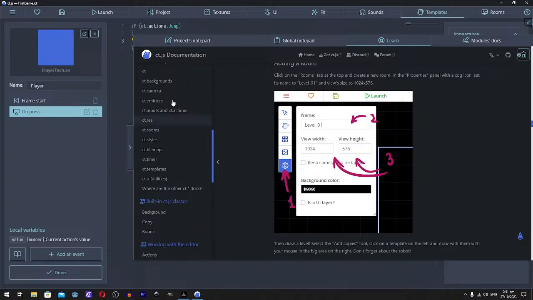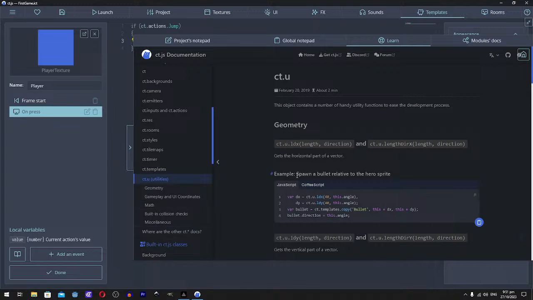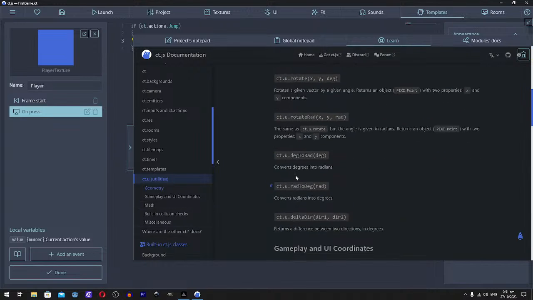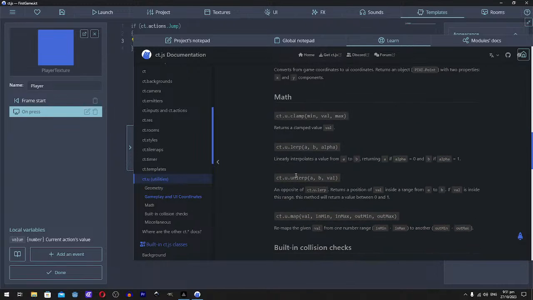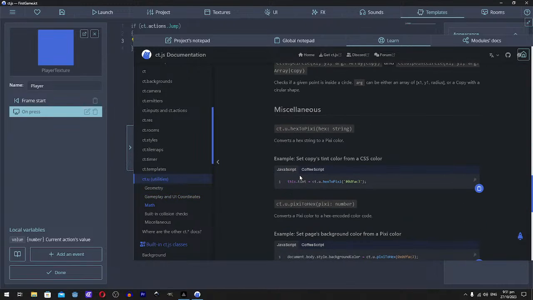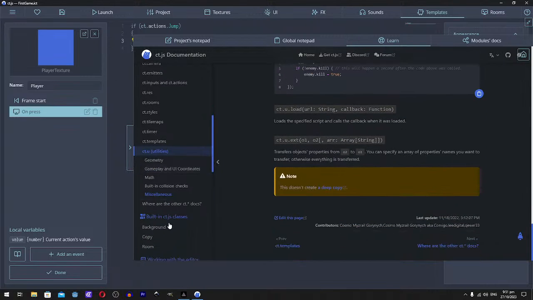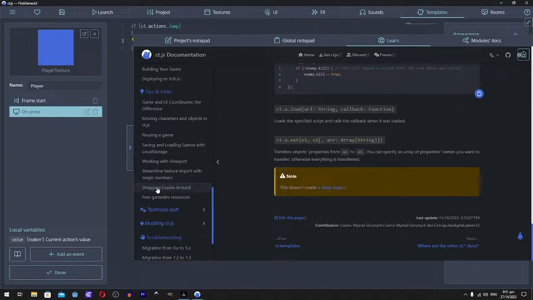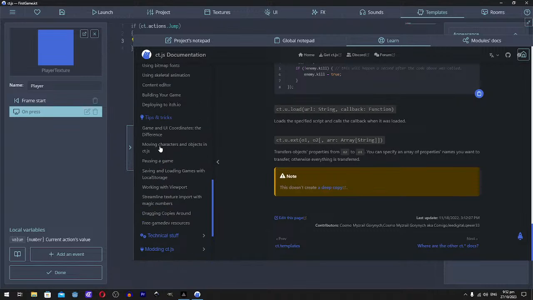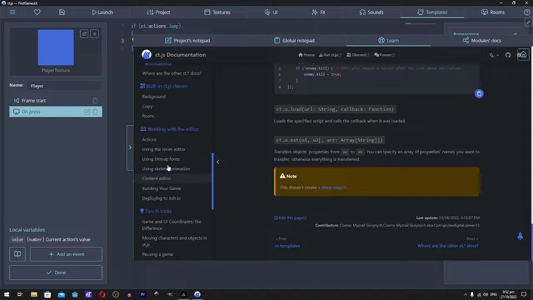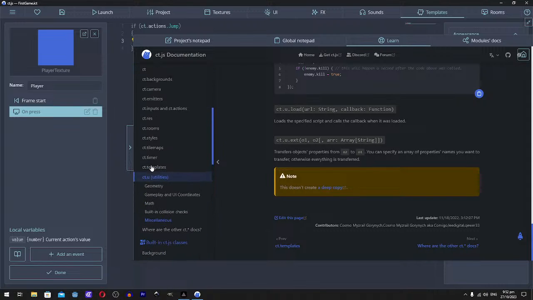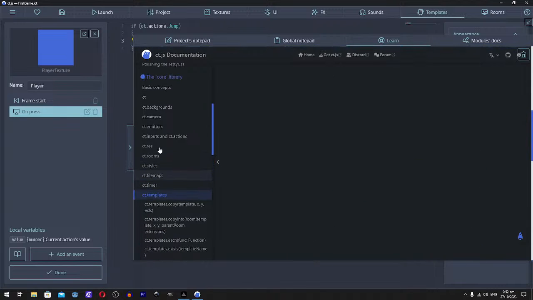Okay, let's see how we can print some stuff to the thingy. So there should be something over here, right? ct.utilities. Okay, that's some very math stuff, very maths. There's so much maths going on over here. Okay, we don't want this one. Here should be something. Dragging copies around, saving texture, saving and loading. No, we don't want saving and loading. We just want something cool that we can just print something. How do we print something to the